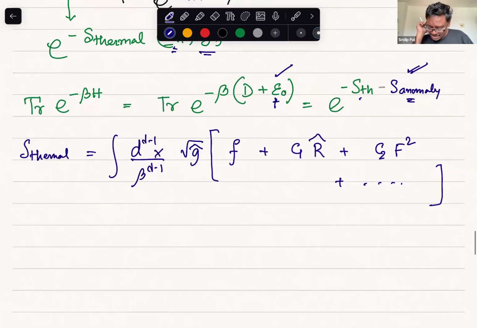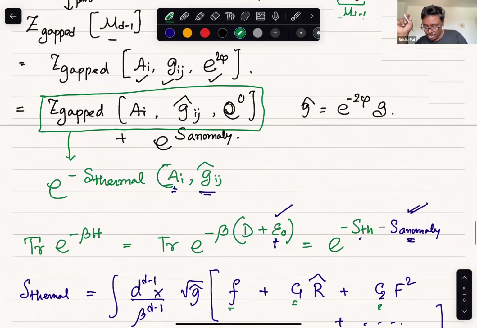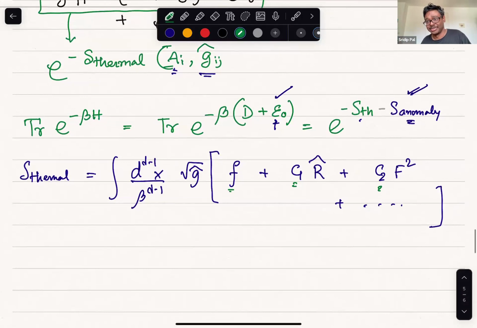Now the main point is that this is a very general expression, and f, c1, c2 are CFT data. So for a given CFT, you only need to know this data, what is f, c1, c2. Once you know this, you can put this on any manifold M_{d-1} and your answer will be given by this same expression. That's the strength of the EFT: once you know these numbers f, c1, c2, which are the intrinsic CFT data, you can put the CFT on any manifold which admits a Kaluza-Klein reduction, and you can write down the effective action.